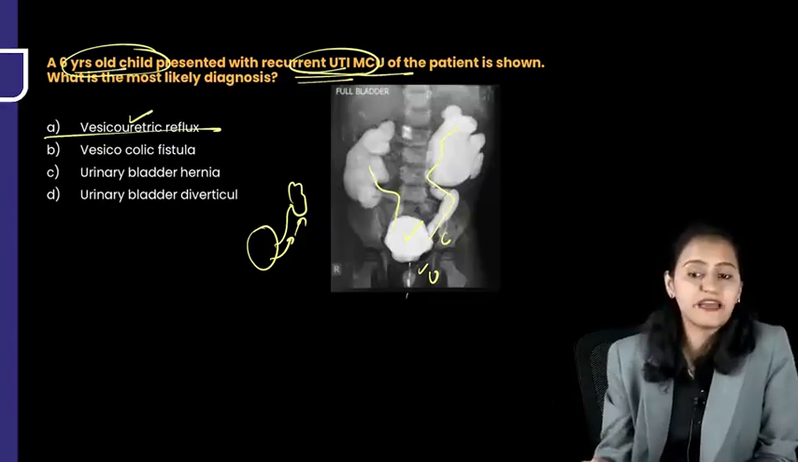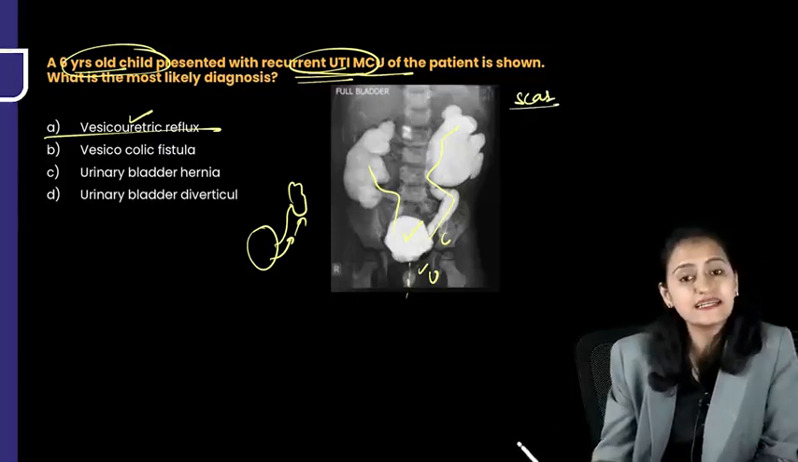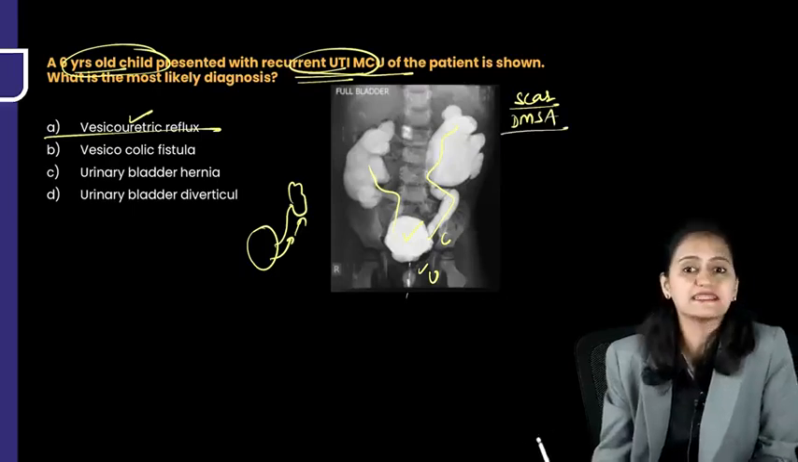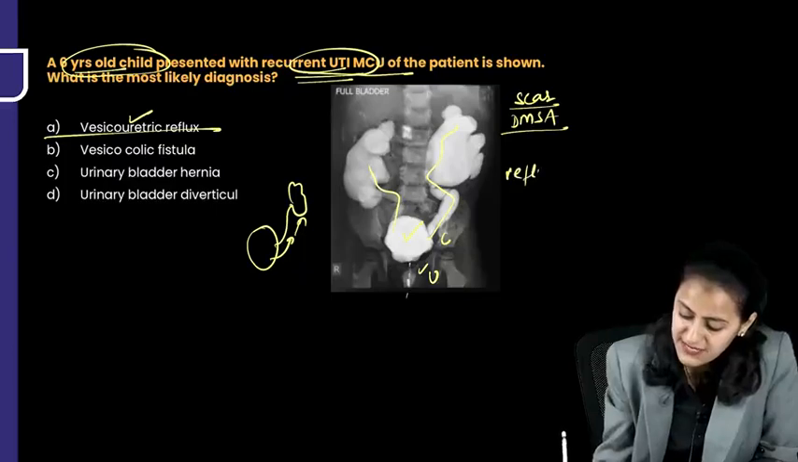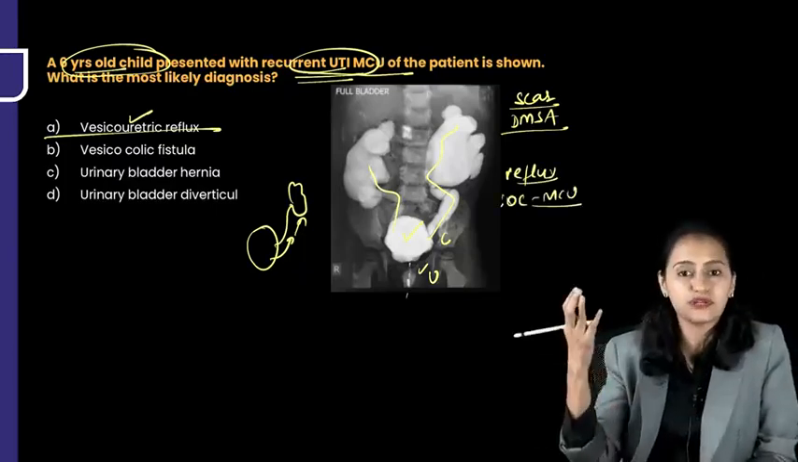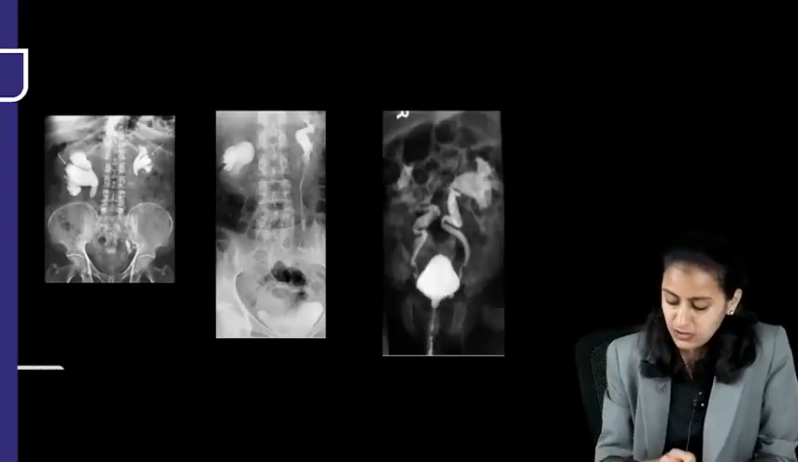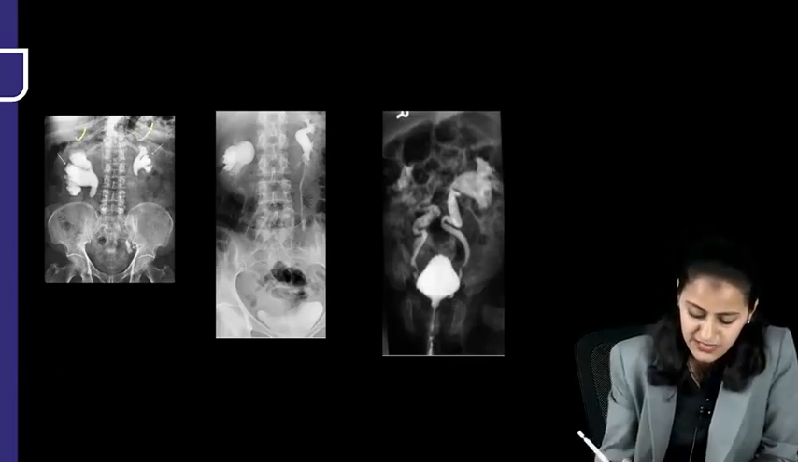This is like grade 5 bilateral VUR. If you want to see the scar in the kidney because of the VUR, then the investigation that we do is DMSA scan, a nuclear scan. If you want to demonstrate the reflux, then the investigation of choice is micturating cystourethrogram to show the active reflux into the ureter. So now summarizing everything that we have seen so far, if it's a plain radiograph, the calcification